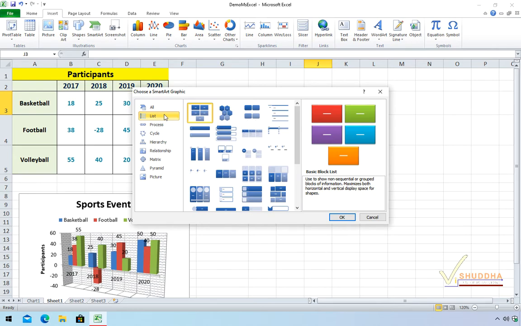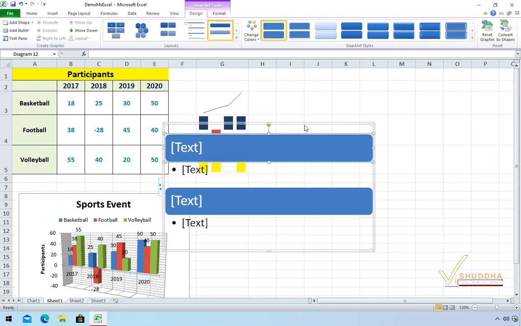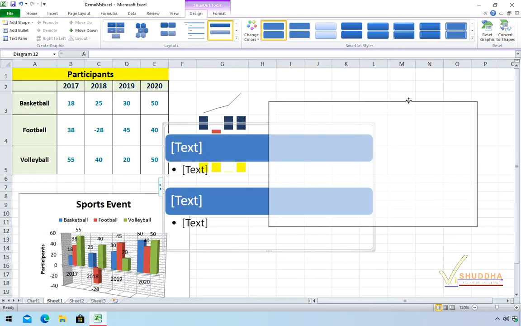For this example, I will select a simple bullet list. When you select the option, you get a preview and the description of the selected Smart Art. Now click on OK and you have the Smart Art inserted in the worksheet.